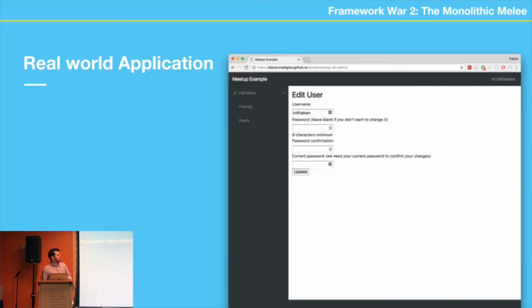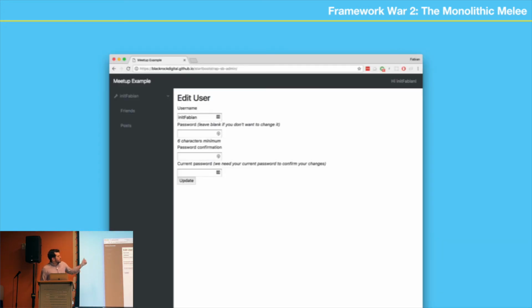So, real-world application. Don't worry, we're not going to look at any code. Let's break down this example using the MVC architecture. We're just going to bring it centered. We have one MVC here for the main body. Then we have another MVC on the sidebar, so that it can handle my name here. Let's say this friends label had parentheses and said you have 400 friends. So it had a controller for all this information, and a controller for all this information here in the main body. And then we also need a controller for the nav bar too. So, all right, cool. I was able to split up my application into these sections, and it looks good.